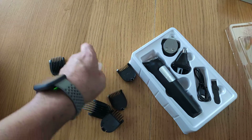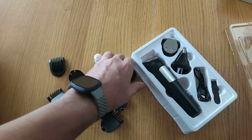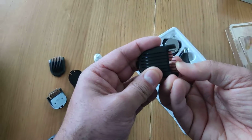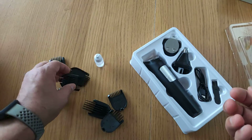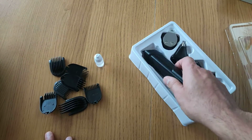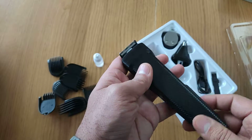Very flimsy. £16, and this oil is to just keep the blades operational. Again, this is very small. It's still quite flimsy, and I'm pretty sure that they are going to break at some point. But yeah, this is the trimmer,